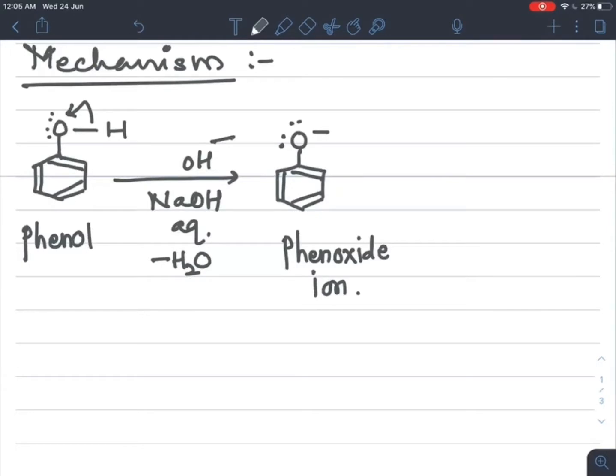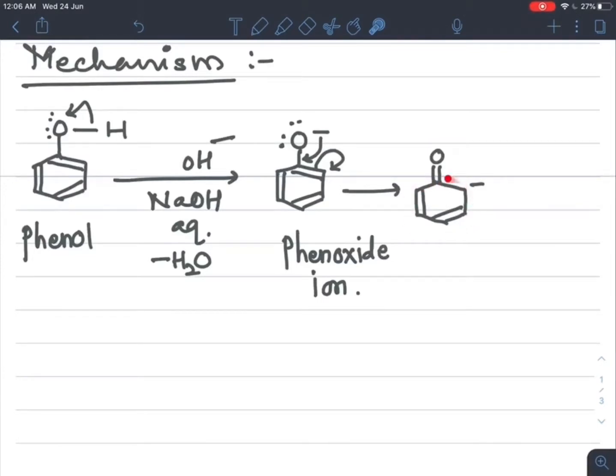Now, to increase the activity of this phenoxide ion, this negative charge shifts here, and to maintain the valency of this carbon, this pi bonded electron pair is shifted onto this carbon. So what we get is product C. The double bond is formed attached to this benzene ring. Here this double bond is shifted, that is, the negative charge is on this carbon, and these two double bonds remain as they are.